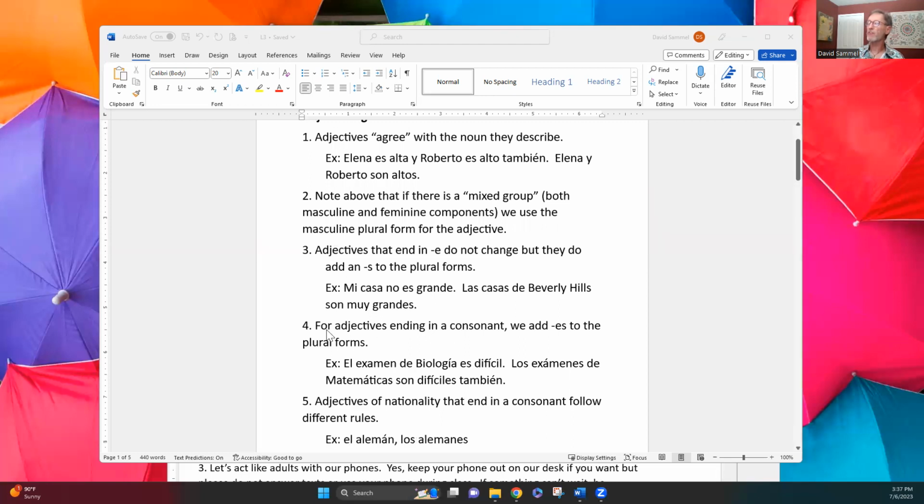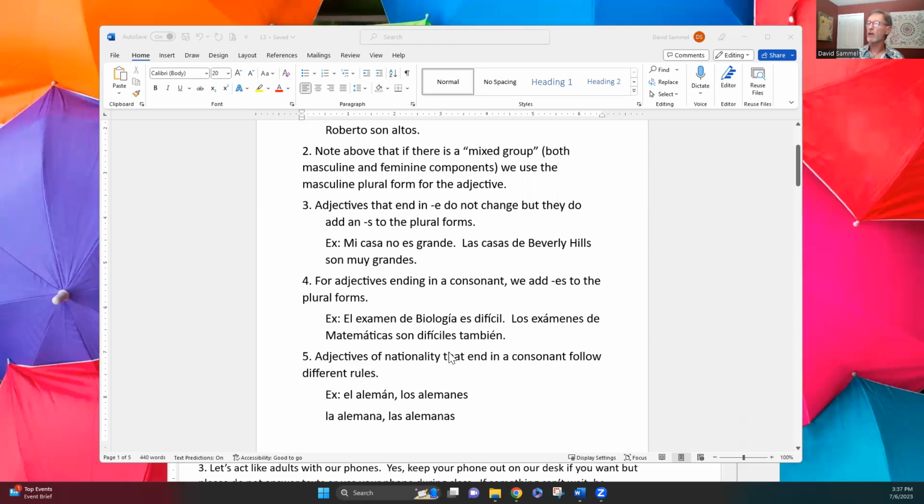Now, for adjectives that end in a consonant, we generally add ES to make the plural forms, okay? So here's an example. El examen de biología es difícil. Los exámenes de matemáticas son difíciles. Notice that we added an ES right here to make it plural. So the difíciles goes with exámenes, and that's how you make an adjective plural if it ends in a consonant,